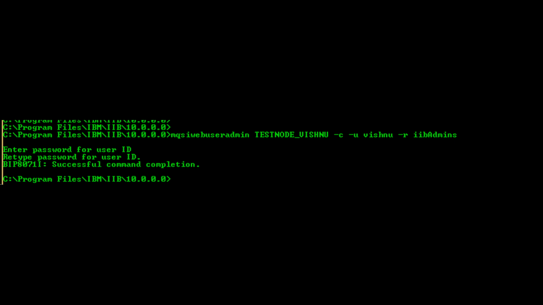One more thing is, if you're setting access at the execution group level, then in case of file-based auth, whenever you create a new execution group, you have to ensure that you also grant access to the read-only group and the IIB admin group. So whenever you create a new execution group, the access is not assigned by default. Nothing gets copied by default. You have to explicitly execute those commands.